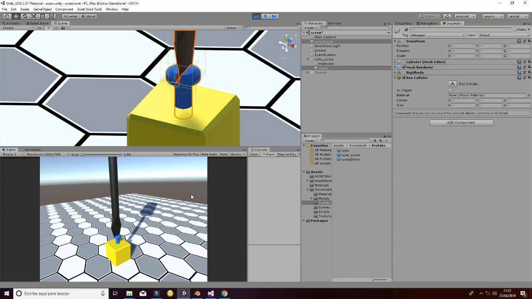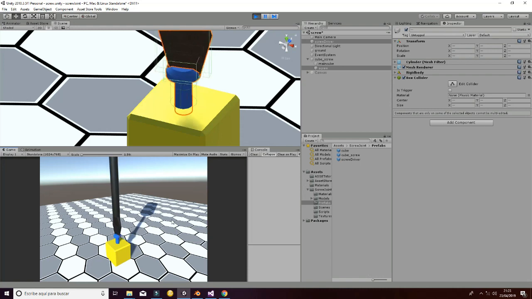And if we rotate the screwdriver, we're able to introduce the screw inside the box, which is the movement we were looking for. If we take the screwdriver away, you can see how the rigid body remains rigid, and in this case the screw is completely inside the box. If we turn the screwdriver to the opposite direction, you will be able to pull out the screw again little by little using the scripts